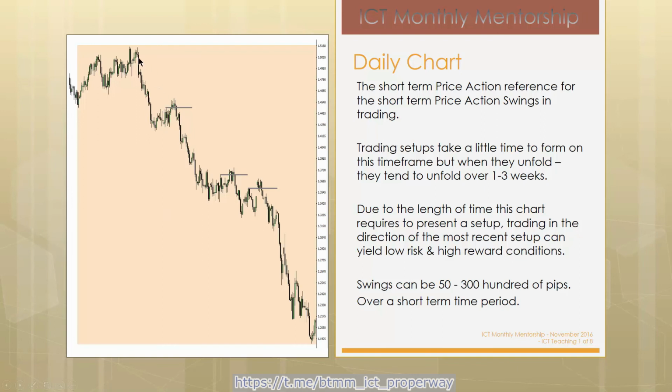The market's traded lower. This short-term high, relatively equal to this one here, there's going to be buy stops resting above that short-term high. They run above it and then it explodes lower. Okay, we have a short-term high here. The market trades above it and then explodes lower. I want you to notice every single time that the market takes out a short-term high just by a little bit and then quickly accelerates on the downside. Why is that taking place?